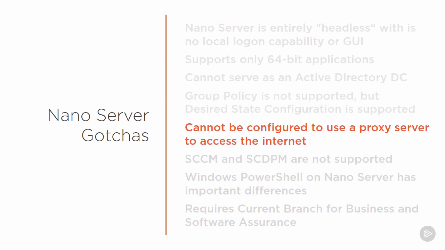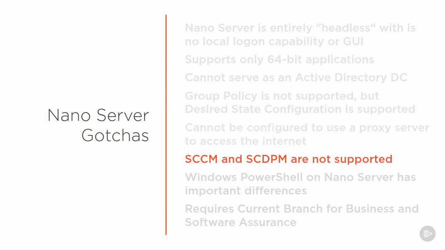Your Nano server cannot be configured to use a proxy server to access the internet, which can be an issue if you have the need to reach out onto the internet to grab, for example, different packages to download there onto the Nano server itself. So be prepared for that if you have need to reach out into remote locations to grab some of the different packages that exist there in some of the PowerShell repositories. Also, certain elements there of System Center are currently not supported, like Configuration Manager and also Data Protection Manager. So you won't be able, at least at this point, to use these two different components in managing your Nano